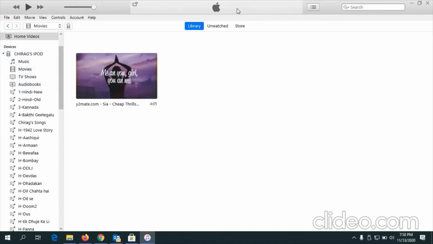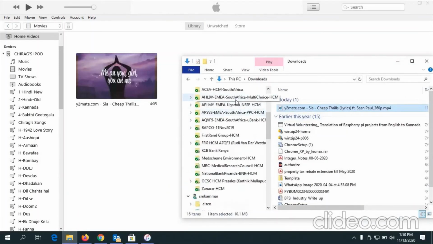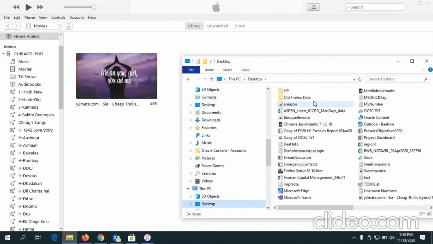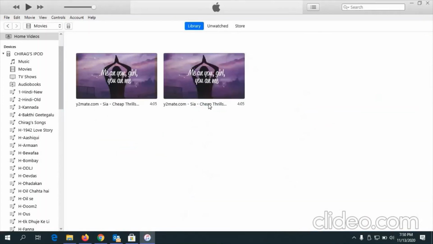See, copying one file, do not disconnect, it's gone. So I'll also show you, it'll not come. Now wait, I'll go to my desktop and I'll show where I moved the original one. Yeah, this also I'll move and I'll show you. Okay, so this is the new one, I guess. Wait, let me play and see it.